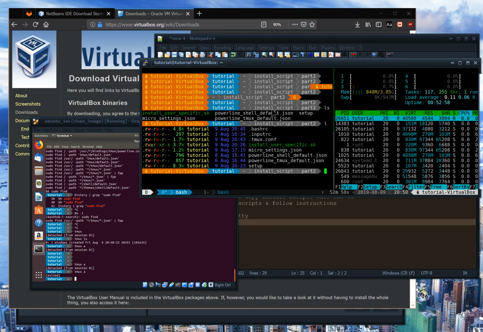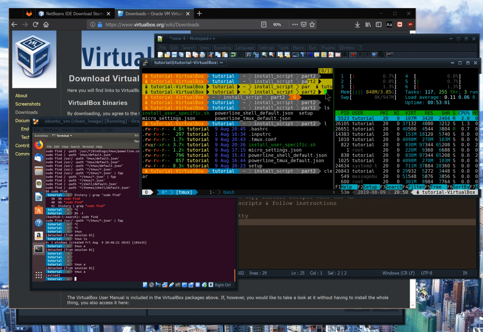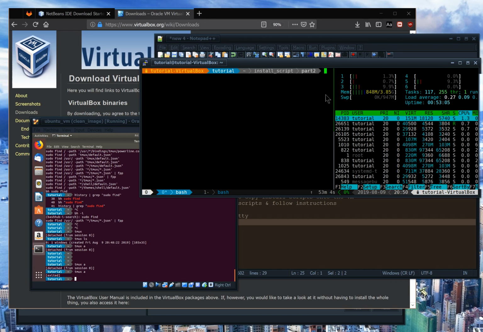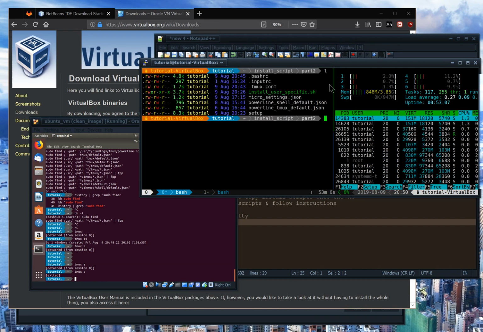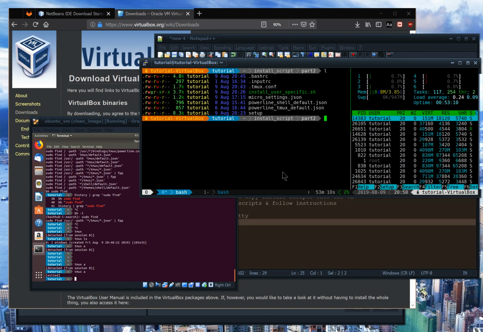This all looks quite nice. There was a little bit of glitching here when I created the second pane, but nothing a clear can't fix. So this all works quite nicely. But